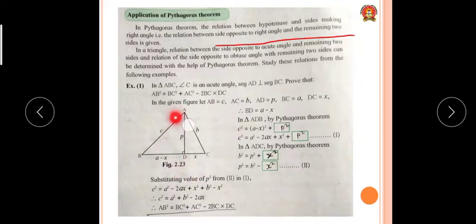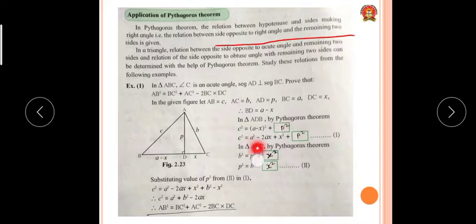Now, very simple here. Whatever is given, we have to consider the sides by variables. AB is c, AC is b, AD is equal to p, BD is equal to a minus x and DC is equal to x. So in triangle ADB, use the Pythagoras theorem. What will you get? AB square is equal to AD square plus BD square, means c square is equal to (a minus x) whole square plus p square.